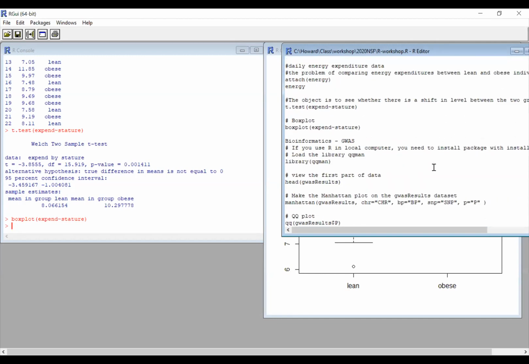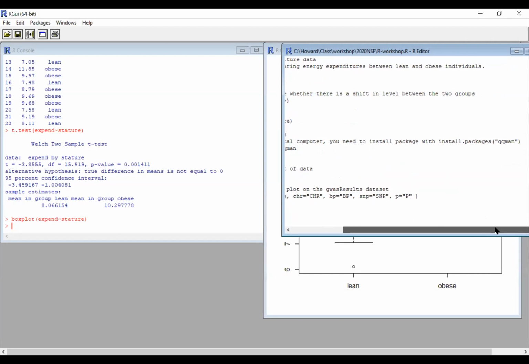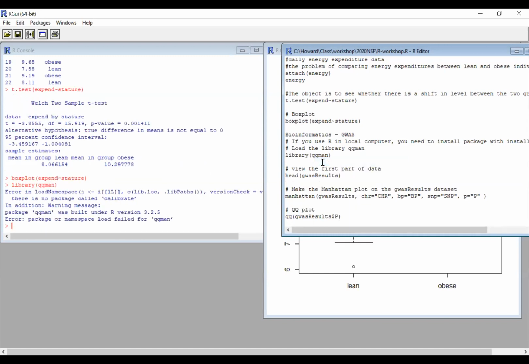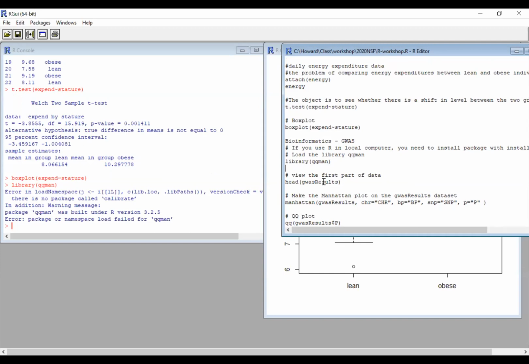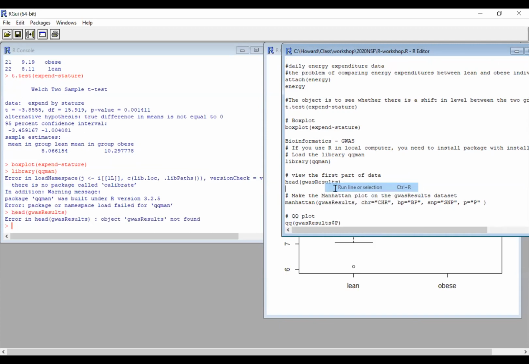Okay, the last example I will show is some GWAS study. For example, here we will show the qqman package. Of course, if you haven't installed this package, you should use install.packages to install qqman. Here I already installed that, so I can load this package. Library qqman. Okay, we have the GWAS data. So I use the head function to only show